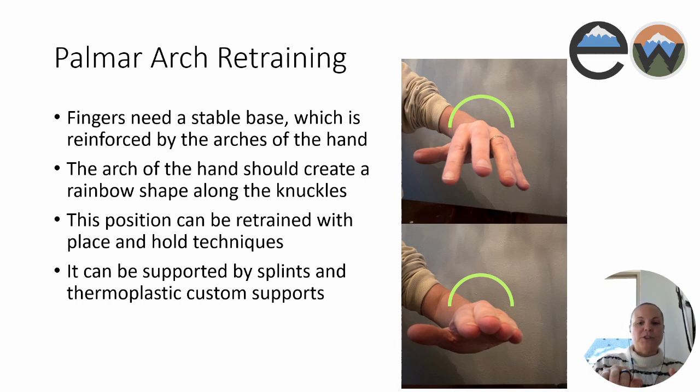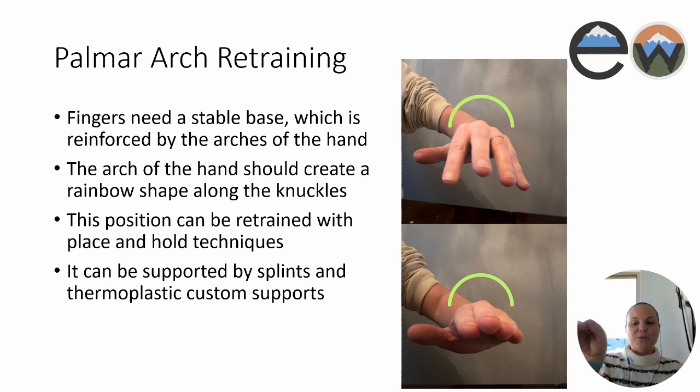We should be able to maintain this arch position. My buddy Heather Purdon, for those of you that have seen her, she's doing classes out there and helped write one of my books with me, talks about this rainbow position in the knuckles. That's very important. That rainbow position tells us that it's aligned as it should be in this functional position with the muscles engaged and ready to go in what we call the interossei or the intrinsics of the hand. Okay, so basically just know we're supposed to have this nice knuckle position or rainbow knuckle position, not flat,